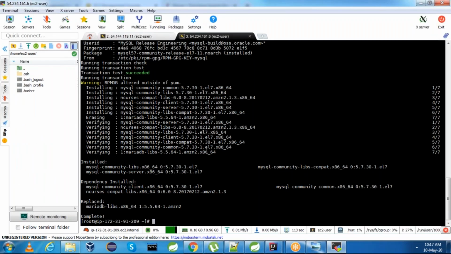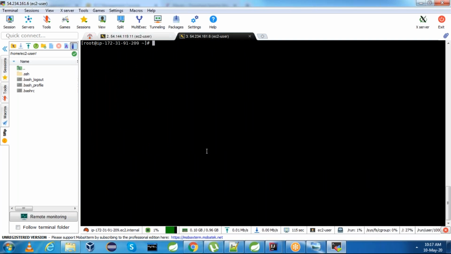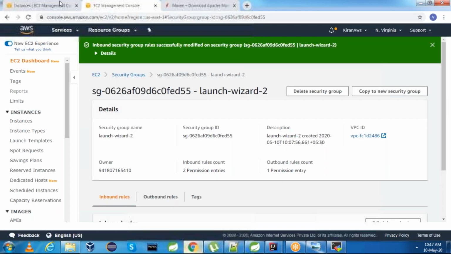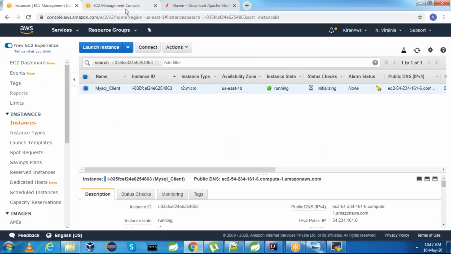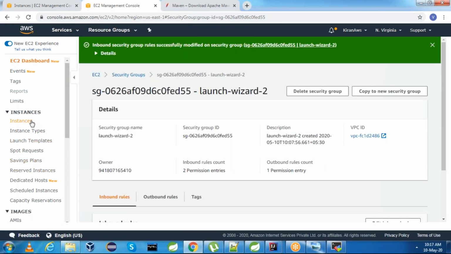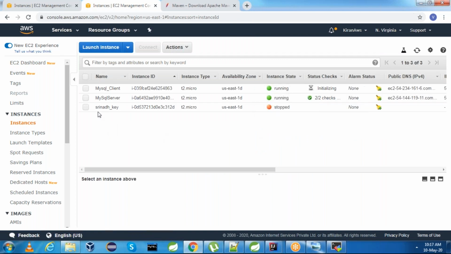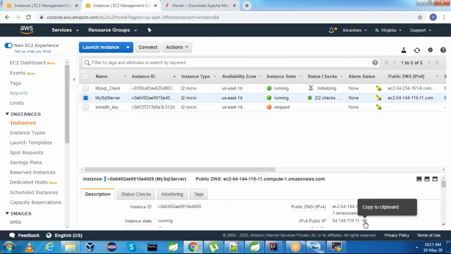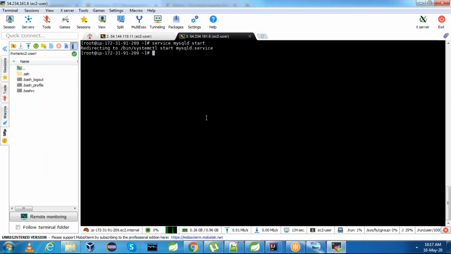Now we have the client machine and we have the server machine. Start MySQL in the client machine as well. Now copy the server IP and from the client machine just give mysql -h hostname.